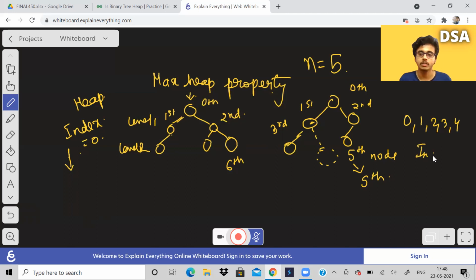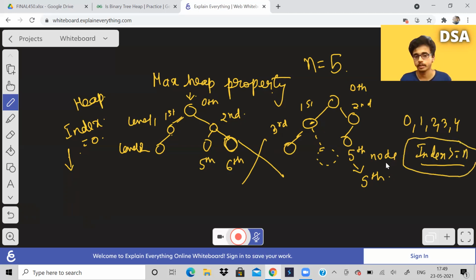Our index of the node can't be greater than or equal to the number of nodes. So if this was the binary tree, then we will have this as the sixth node, this as the fifth node. Otherwise, if this is the binary tree, then this is the fifth node. So both of these are not complete binary trees. How did we get to know that? We got to know that because index became greater than or equal to n.